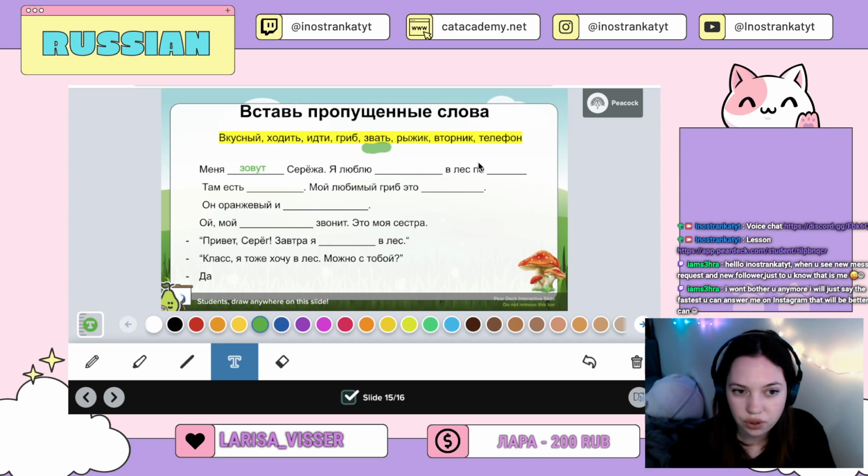So what can you do to the forest? You can either ходить, either идти. So let's just write like this so we'll know ходить, or maybe